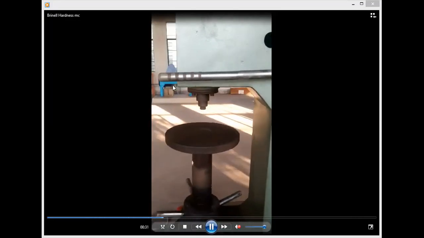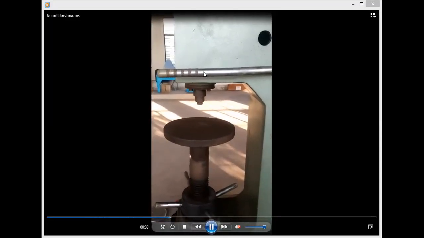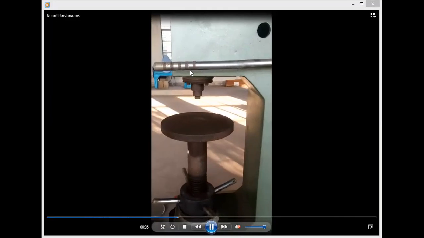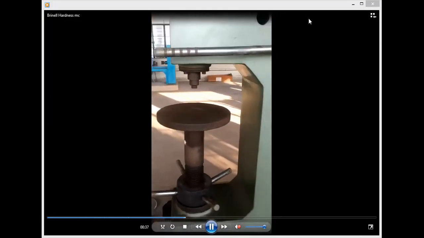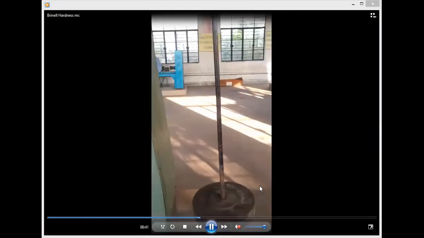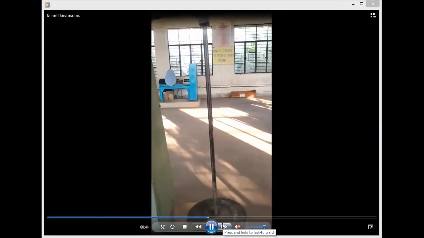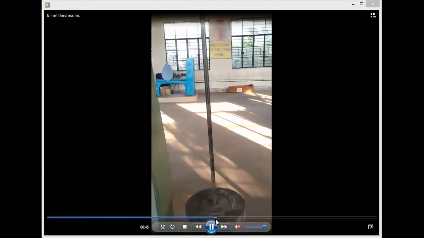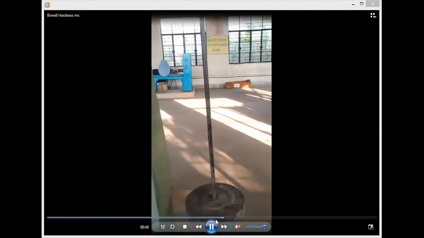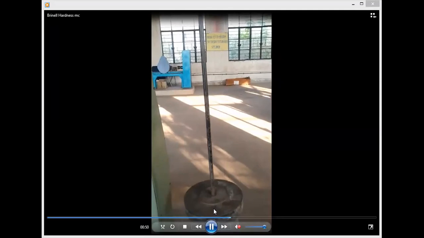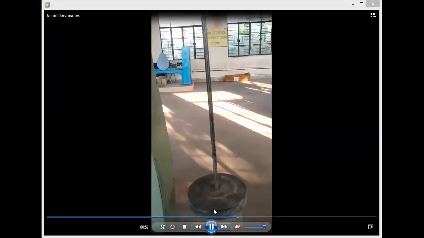This is the load actuating bar. In this position it is unloaded, and if you move it to the right, it is under loading, making the load actuated. Here is the device where we have to place the external loads, which are equivalent to as high as 3000 kg or 3 tons of load, but equivalent, not equal to.